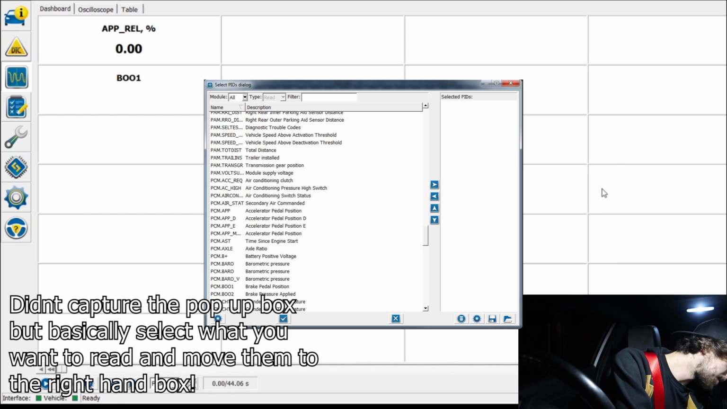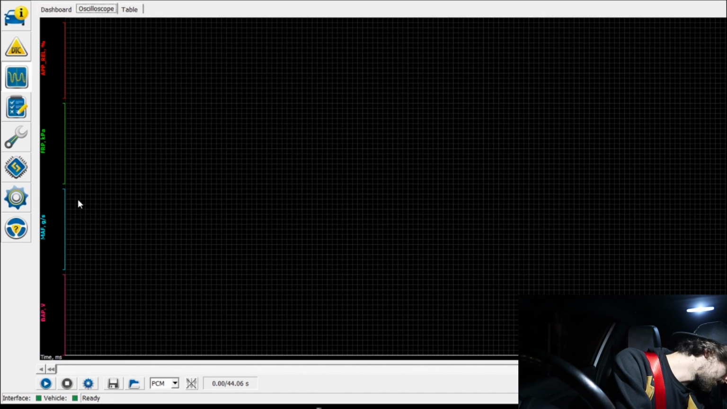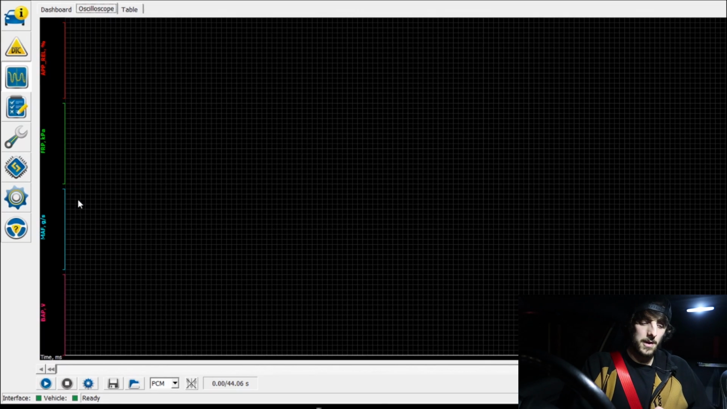So I'm going to remove my brake one. And then what we're going to do is press the tick button down bottom. Right, so once you've pressed the tick button, we are going to close this. Obviously there's my graphs there. I've got all different graphs here. So if I was to start the car up now,